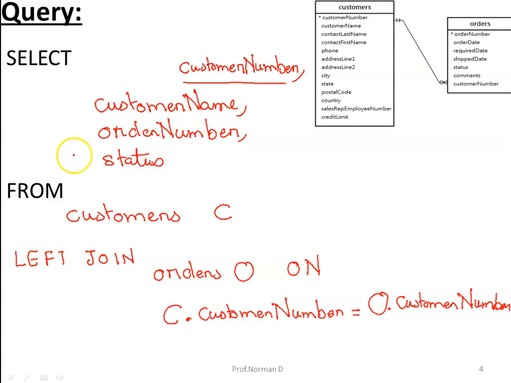So to resolve this ambiguity, you specify from which relation you are picking up the customer number. So I say C dot customer number. Now the output of this query would be all the tuples from the left hand side table along with a match with respect to the orders table, irrespective of whether there is a match or no match.